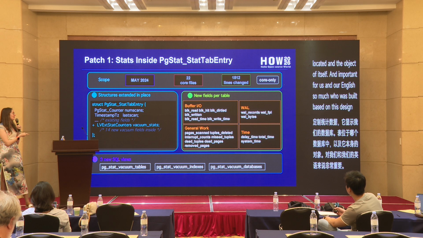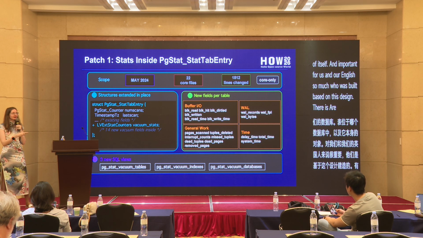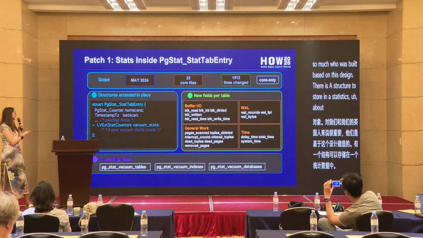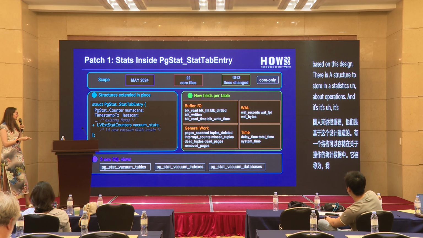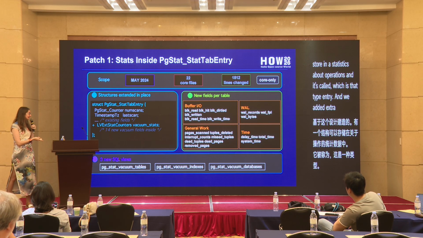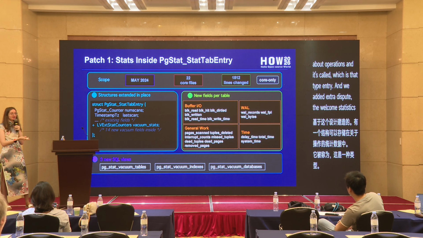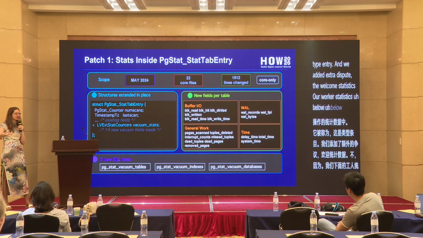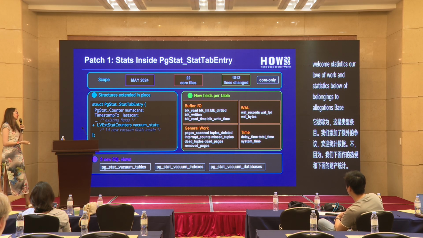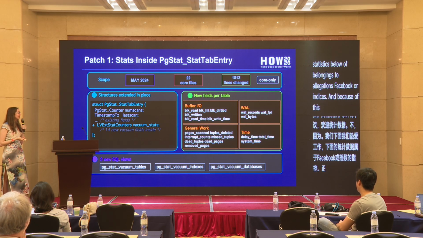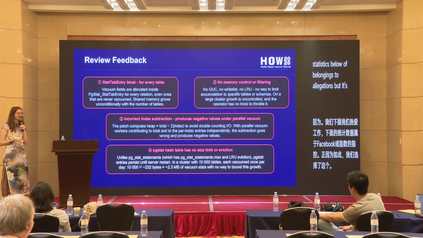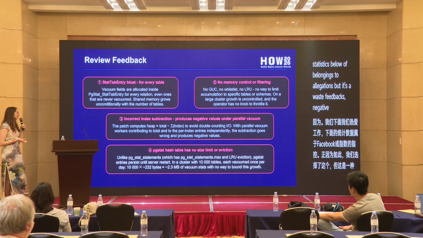So there is a structure to store statistics about relations, called PgStat_TableEntry, and we added an extra field there, vacuum statistics. And because our vacuum statistics belong to relations, tables or indexes, we chose this path. But it faced some negative feedback. First and foremost,